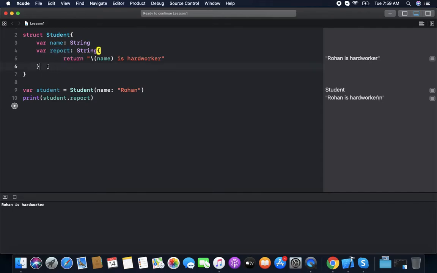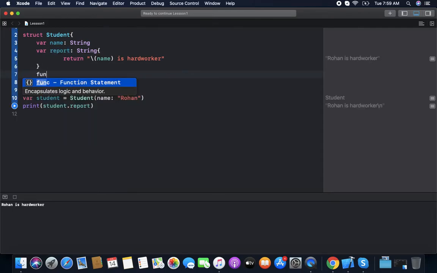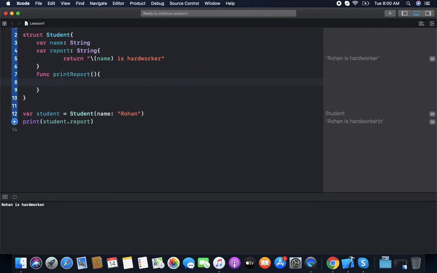But we can directly access it if we write a function here, printReport. So we can directly access the report with the print. So now we can just call it with student.printReport.